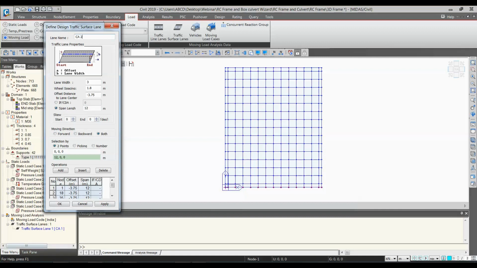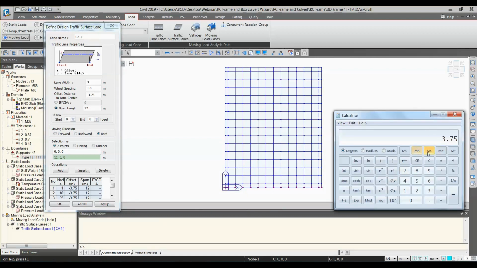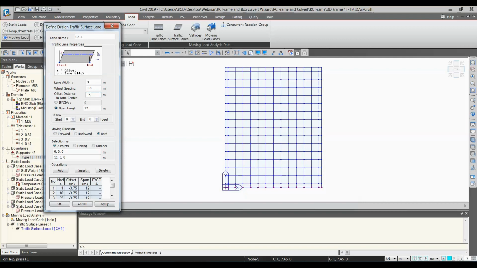So how will it calculate it? Now this is 3.75 plus remaining distance 0.25 plus 0.9 plus 1.2, the clear distance between two class A vehicles, plus 0.25 plus 0.9, so 7.25, so minus 7.25. Everything will remain the same.